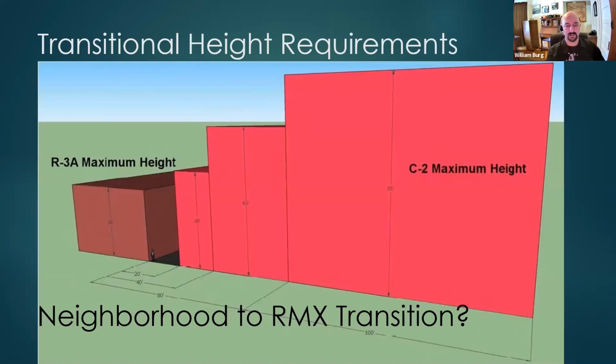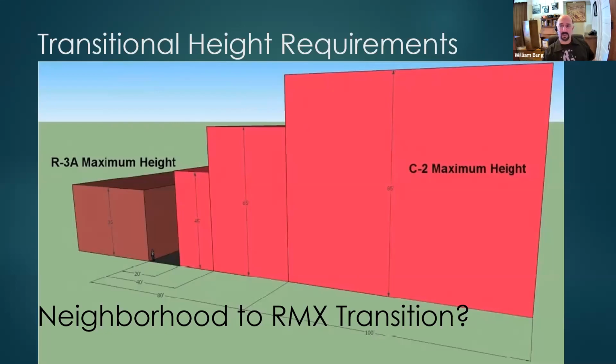This is what we mean by transitional height. The maximum height in the residential zone is 35 feet, and it was 65 feet in the commercially zoned properties. And as part of the Central City Specific Plan, they wanted to increase that to 85 feet. Now, there was already a rule that said in R1 zoning, single family zoning, wherever it met commercial, then there had to be a transition, this sort of zigzag step shape, so that you didn't go immediately from 1 or 2 story buildings to 8-story buildings.